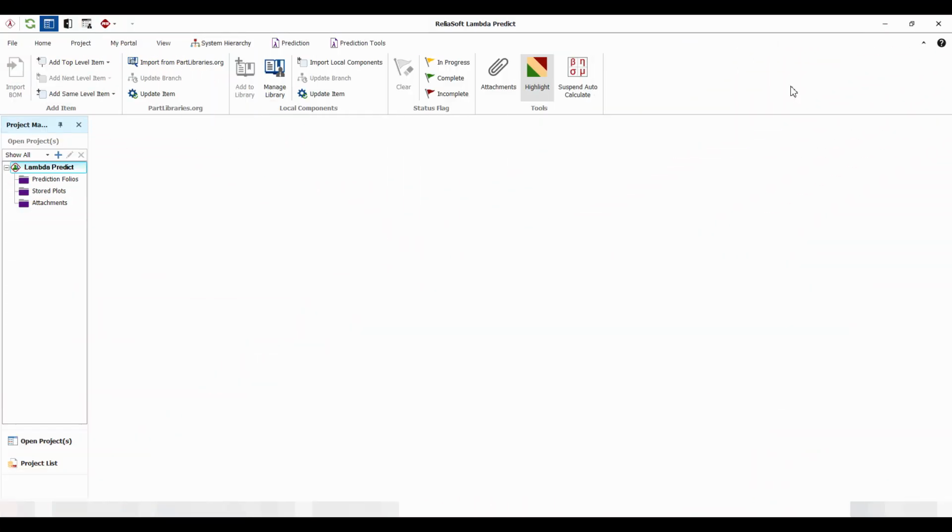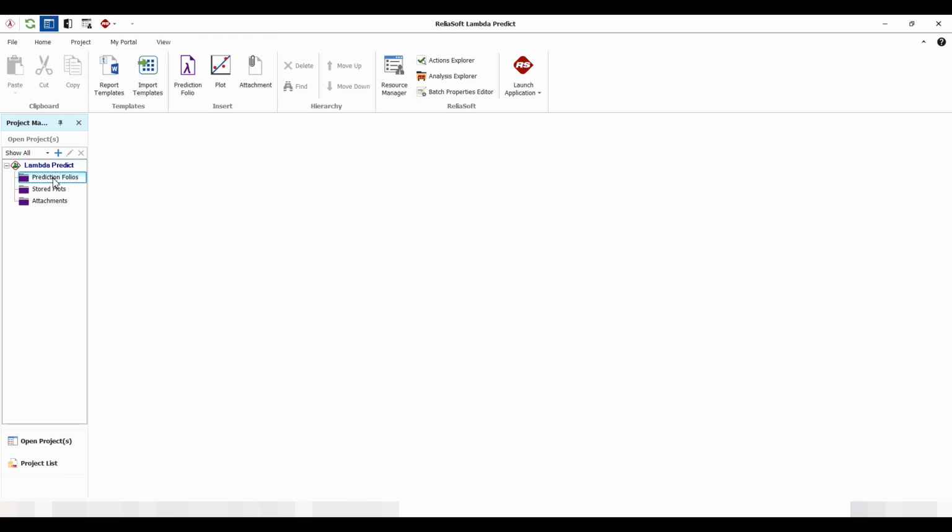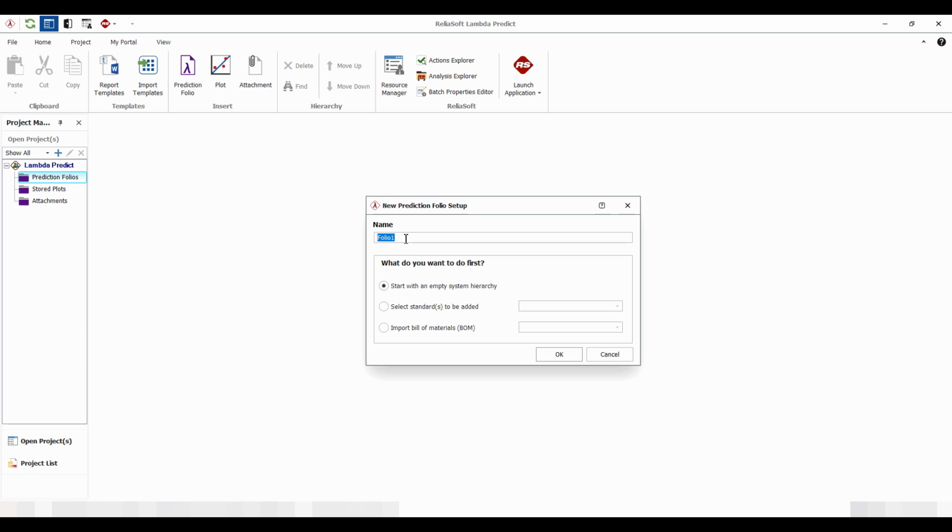To look at the first steps in creating a reliability prediction using Lambda Predict. So we've launched Lambda Predict and we've created a project called Lambda Predict. Now the next step is to create a sheet where to insert the component. So we go on prediction folio and add a prediction folio, and then we can rename it to whatever we